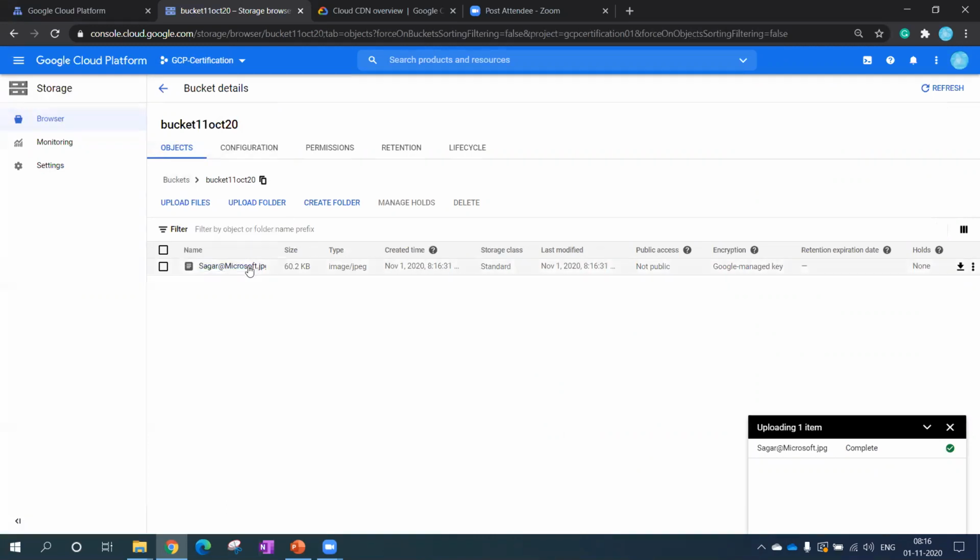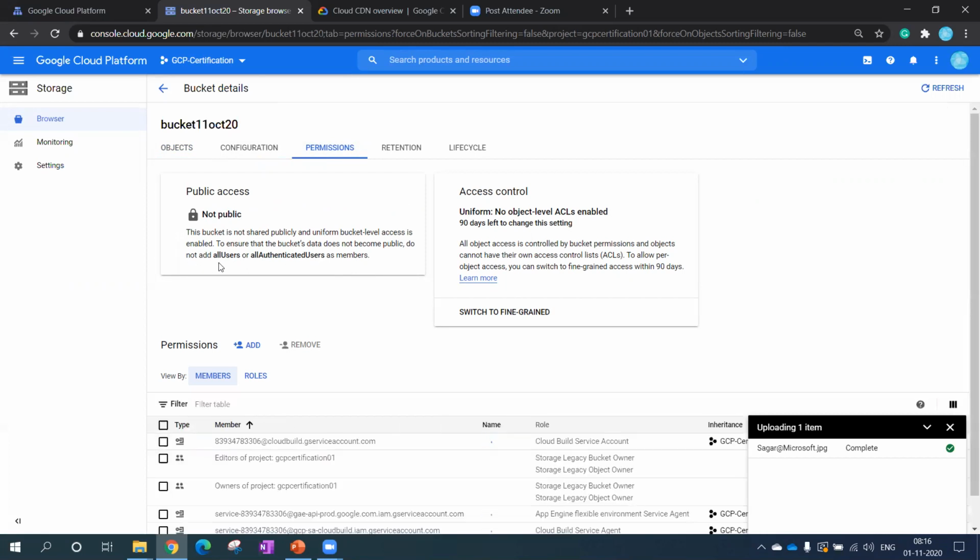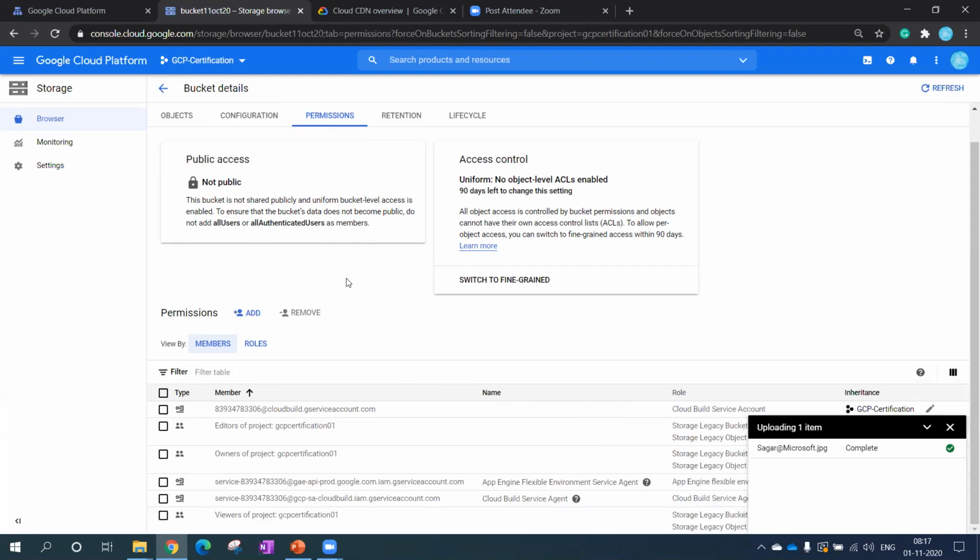And this bucket is not public, right? If I want to configure this bucket for my load balancer or for my CDN, I have to make it public. So for making it public, I have to click on this permission. You can see this is not public. To make it public, they mention that you have to provide access to all users. So I'm doing that right away.